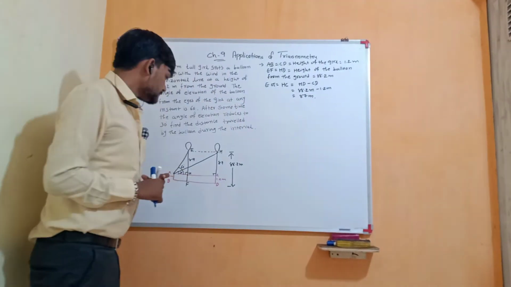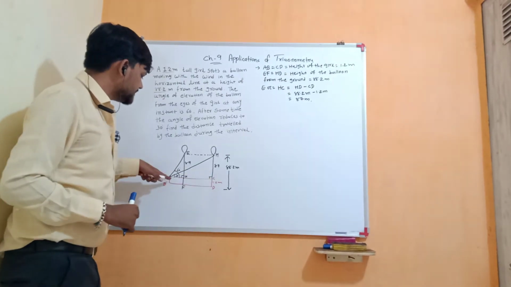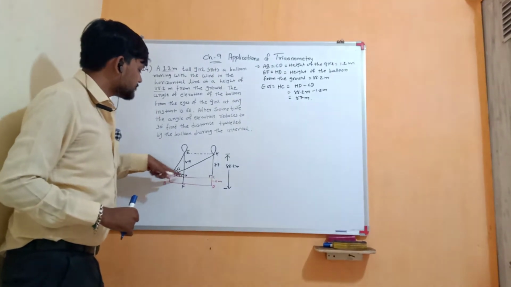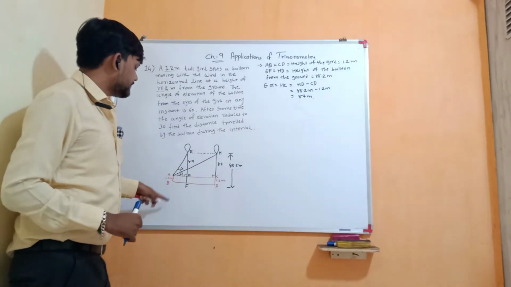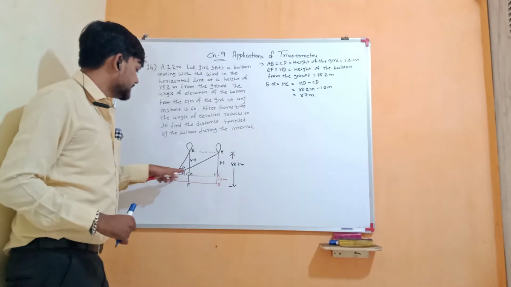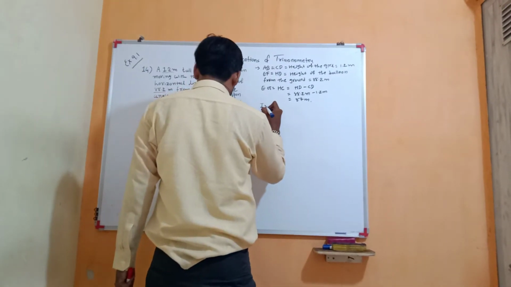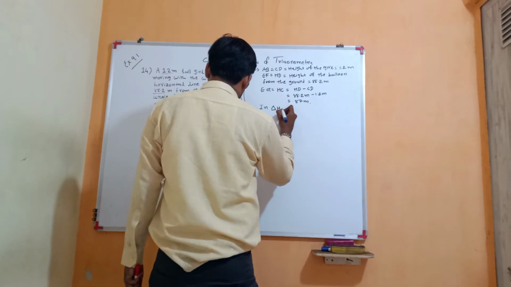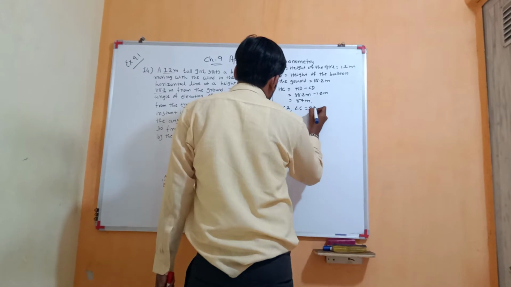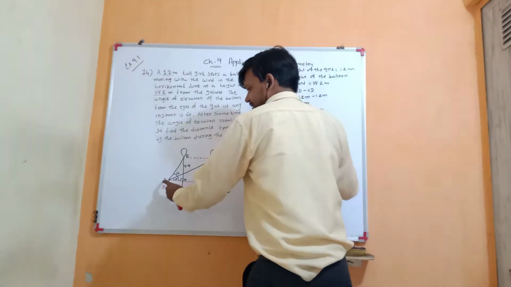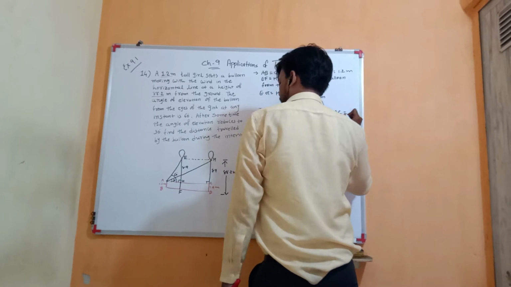Now consider triangle HCA to find the length of AC. Which one is the opposite side, which one is the adjacent side, and the opposite side is given, and the reference angle is HAC, which is 30 degrees, right? So in triangle HCA, angle C equal to 90 degrees and angle HAC equal to 30 degrees.